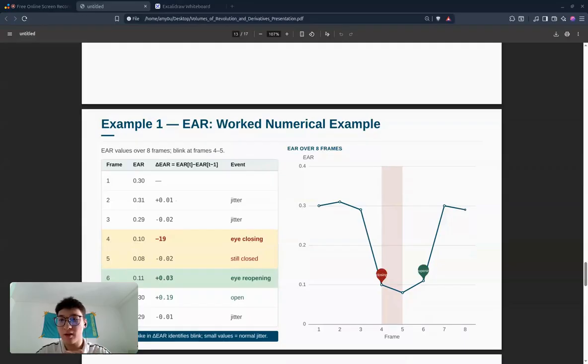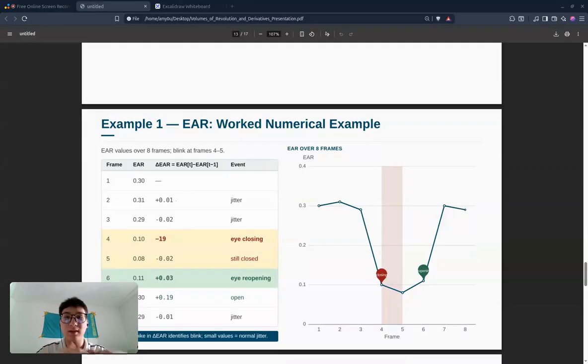You can see that starting from frames 4, 5, and 6, we have relatively low values when comparing with the mean. So that pattern, a big drop, then a big rise a few frames later, indicates a blink,